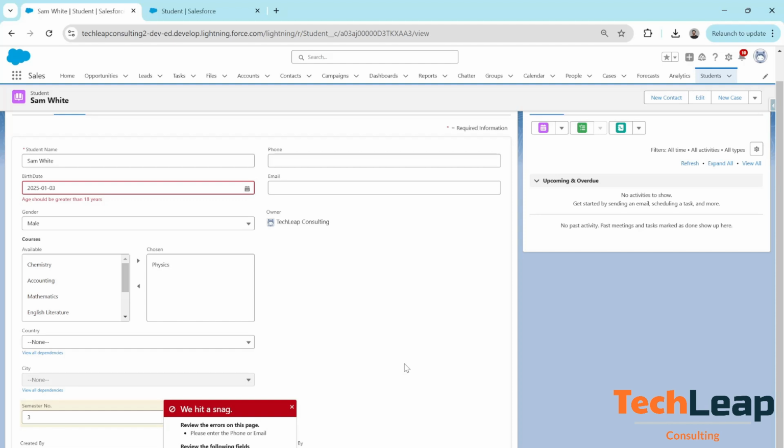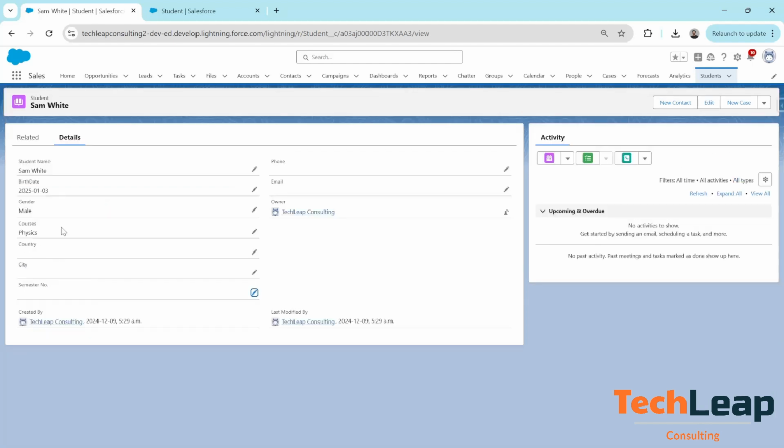Especially your automations can really break and cause issues within the system if the validation rule does not let your automation change the things that it's supposed to change. So that's also something that you generally have to be careful about. And the recommended way is to make sure that if you're creating a validation rule, so if you created the birth date validation rule, the first thing you need to do is check all your existing data. And if you find any data which is not meeting your birth date validation requirement, you update that data immediately. That's how it's recommended to ensure your validation rules work